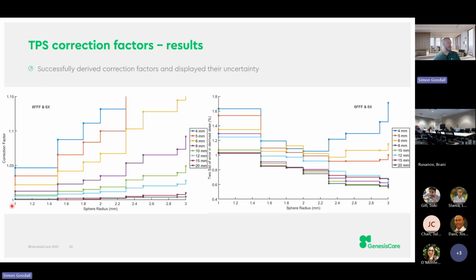These are relatively bland charts unless you're actually trying to use them at the time, but we successfully derived some correction factors. What we could see is that for these small fields, the correction factors are really quite low until we start moving into this 12, 10, 8 millimeters, the real extremes of SBRT or SRS. And fundamentally, when we get down to 4 or 5 millimeter fields, these factors become really quite high. They exceed 5% pretty quickly. So that's probably not a useful area to use them in.